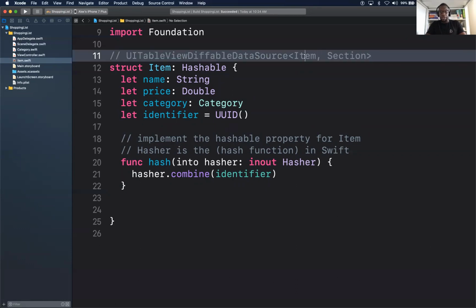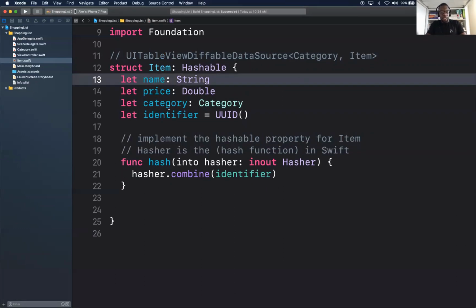This is category, sorry. And this is item. So if item is not hashable, then the compiler will tell me, hey, item is not a hashable object. Does that make sense? Yeah. All right, cool. Very good.